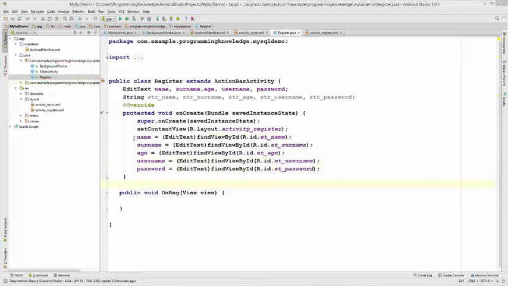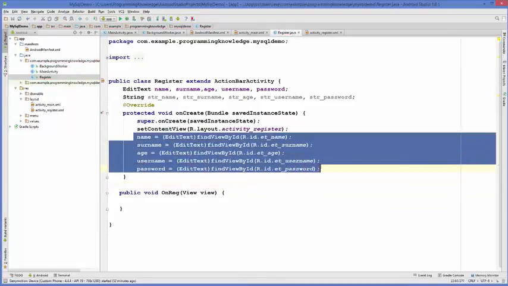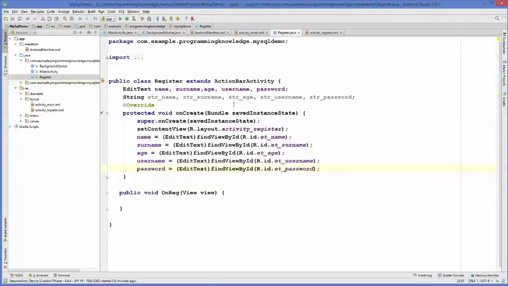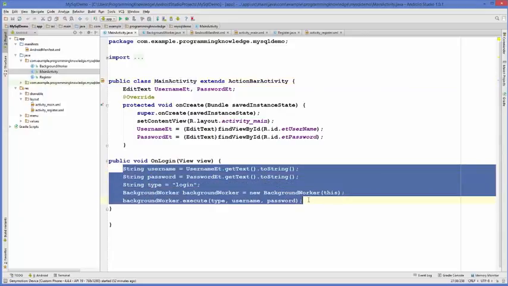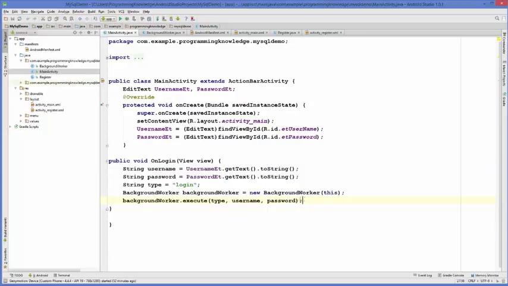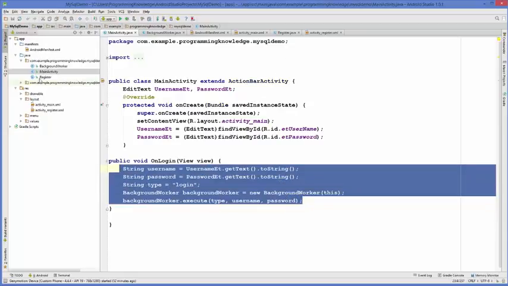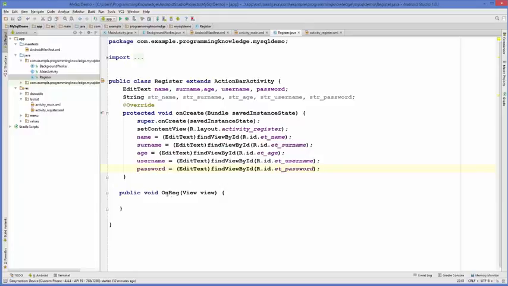Once your typecasting of your edit text variables is done, we are going to go to our main activity.java file. If you remember, in the last videos we created the onLogin method. So just copy the code from the onLogin method. This method was taking the text from your edit text and then passing these values to your background worker object. Okay, so just copy the same code from here